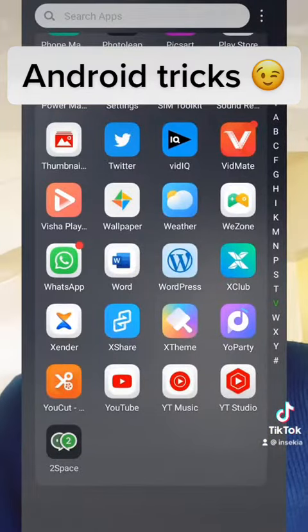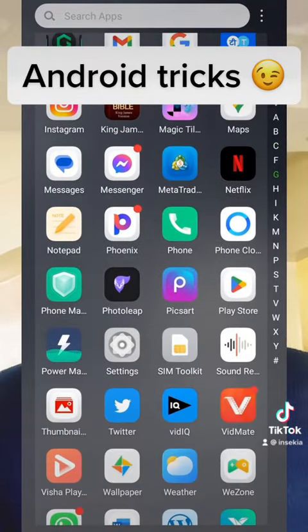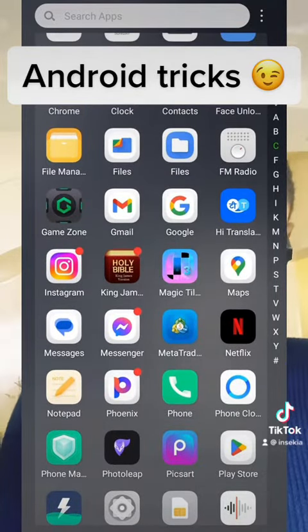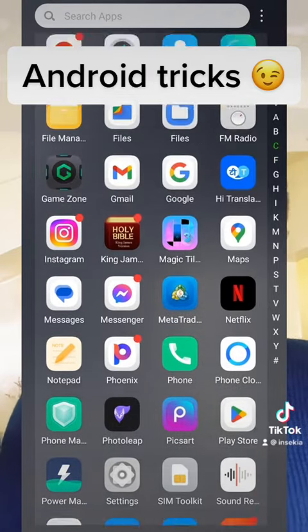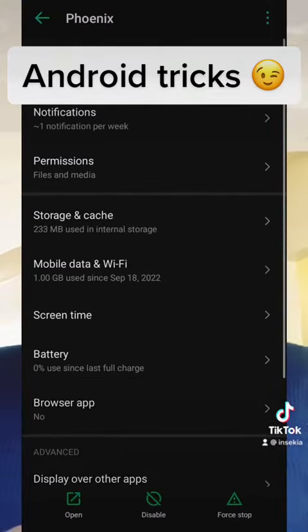Now head over to your screen, look for the application that you want to uninstall or disable. So we are going to look at Phonics, for example. I head over to Phonics, I press and hold, and I go to app info. Once I am in app info, look at the top, at the bottom, you are going to